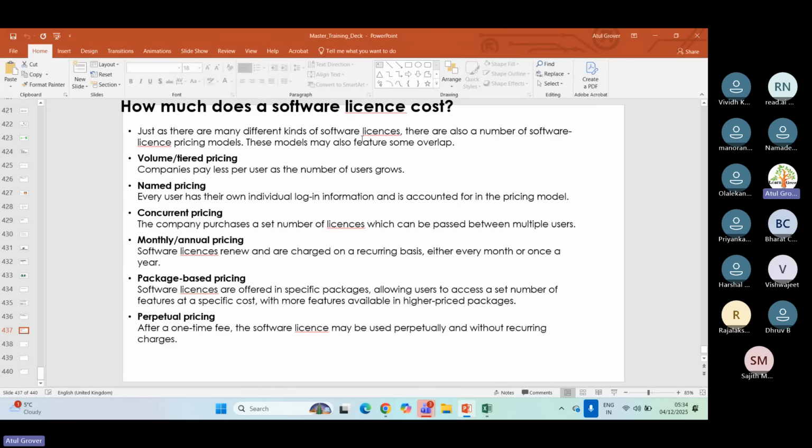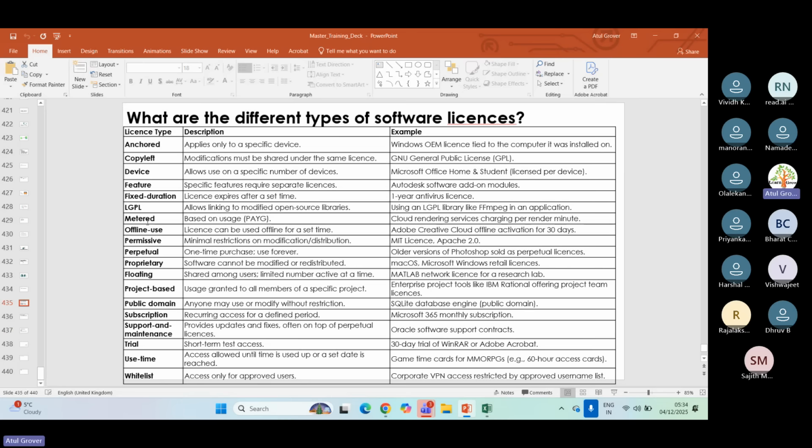There are many kinds of software licenses. Definitely, we have many kinds of software licenses, and based on each type of license, the cost can be different. So maybe if you're purchasing a metered one, then the cost can be different. But if you take the perpetual one, the cost can be different. So it's tough to say what the exact cost is, because it totally depends on what type of software you have. But overall ServiceNow says